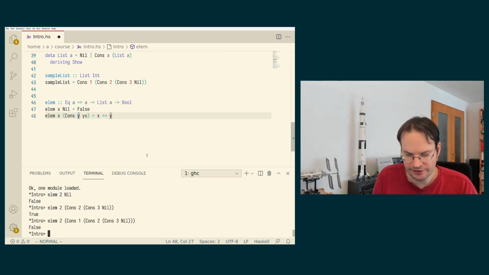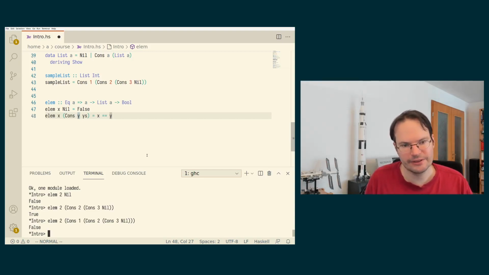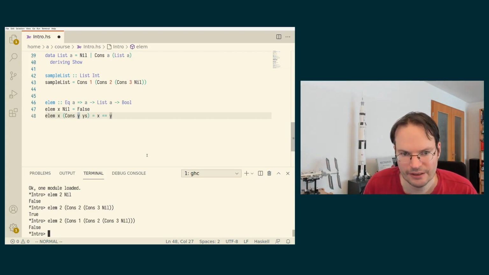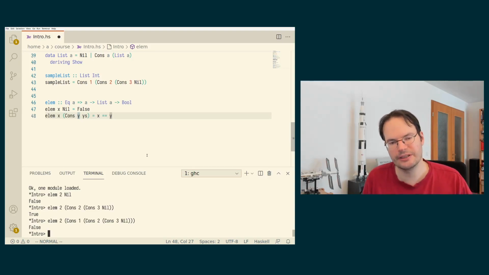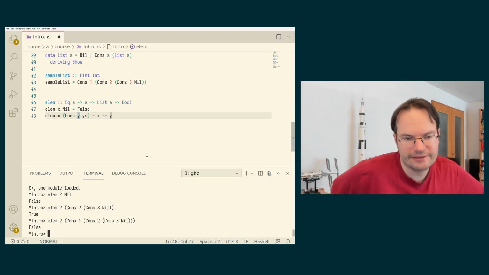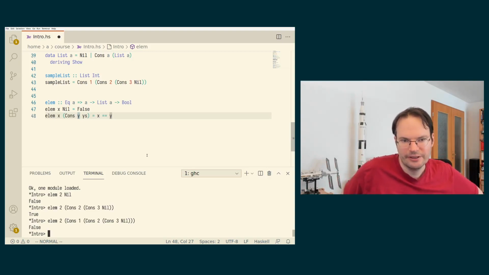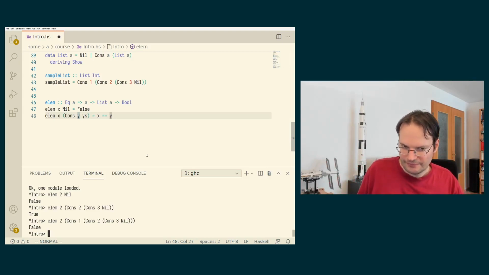But we also have to check whether x is an element in ys. And, well, what can we do? We can use recursion, because ys is a shorter list, and we are defining our function right now. We could just use recursion to check whether x is contained in ys. So now if we also perform a check here